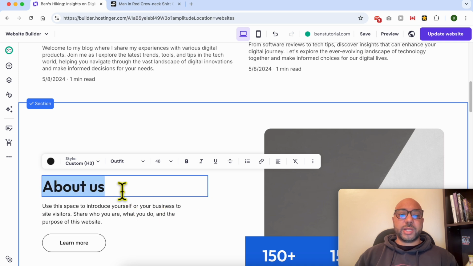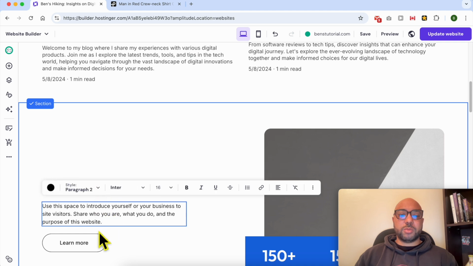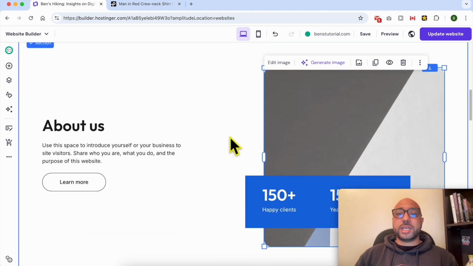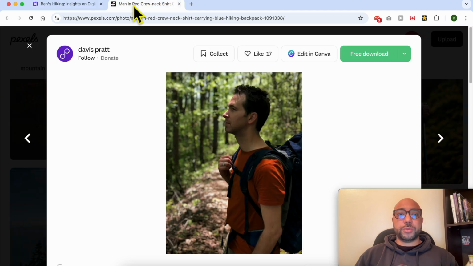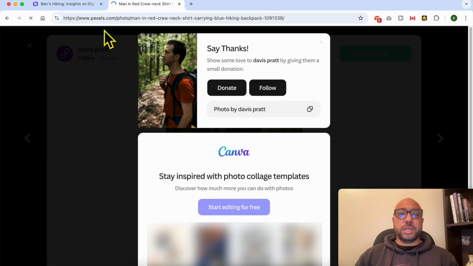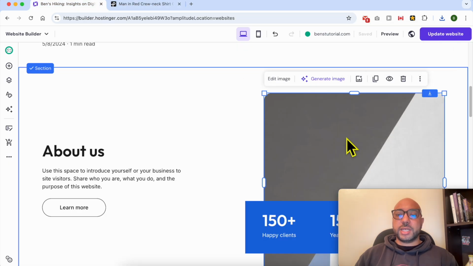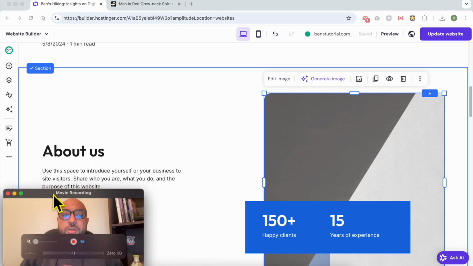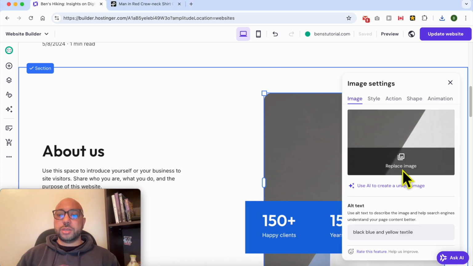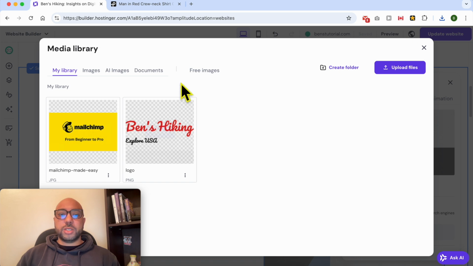You can double click anywhere you want, for example, the section title, the description, the button, and the photo. Let's start with editing the photo. This is a photo of a hiker that I will use. It is from pexels.com. Simply select the default photo, this one, click on Edit Image, click on Replace Image,